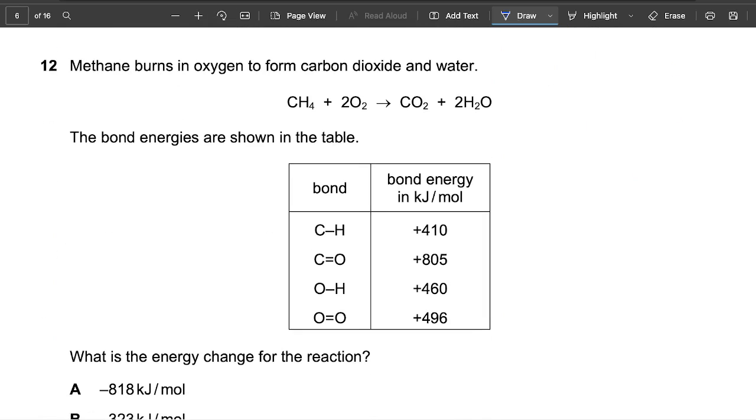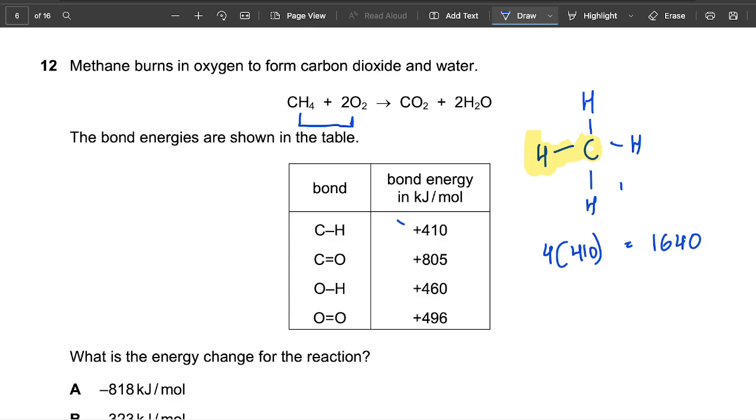Okay, it says methane burns in oxygen to form carbon dioxide and water. The bond energies are shown in the table. So first of all, what I usually like to do is split this equation. So let's start off with splitting these two equations. CH4 is written like this, and you can see it contains 4 C-H bonds. So it contains 4 times the C-H bond energy, and if I use my calculator,